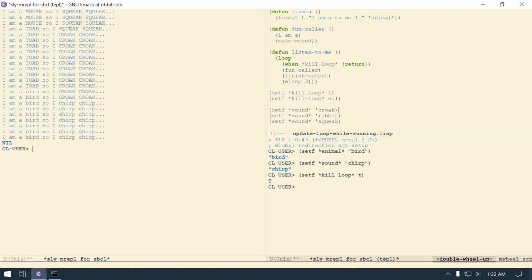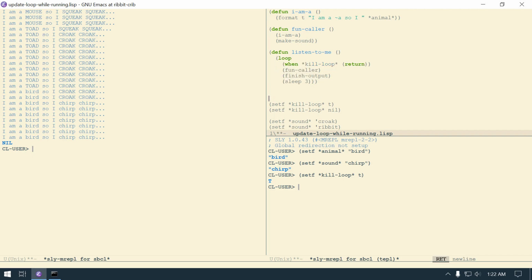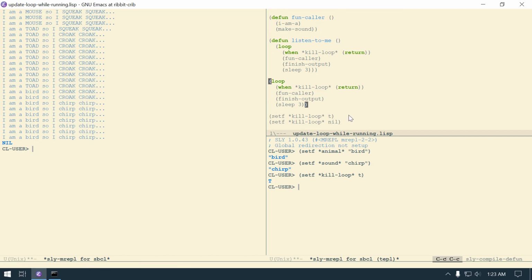Then maybe the only other thing to go over too is, in here I have it in a function, this loop. So it's acting a little bit different than if it wasn't in a loop. So I'm just going to Control Alt space, and then I'll highlight everything I want to get out of there. And then I'm just going to come over here and paste this. Just let me re-indent that in case it's not correct. And then I'm going to Control C this. And what that's going to do is in the main REPL, it will start running. Of course, I first need to tell it not to be killing it. So now if I compile this again, notice that now,